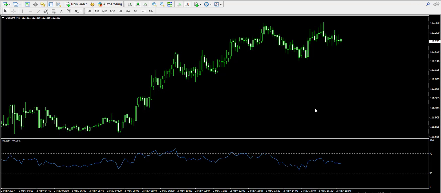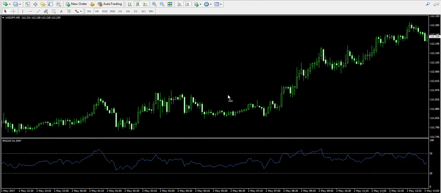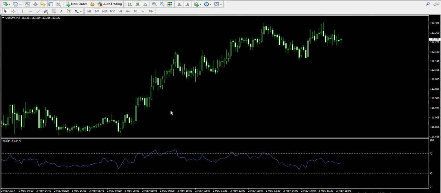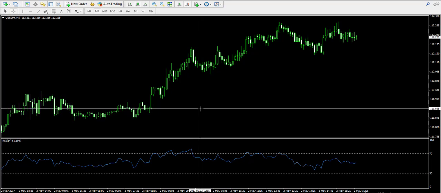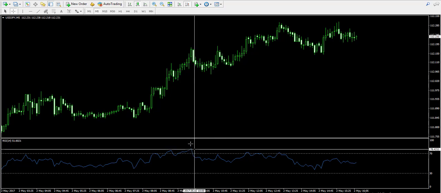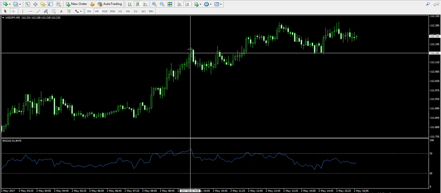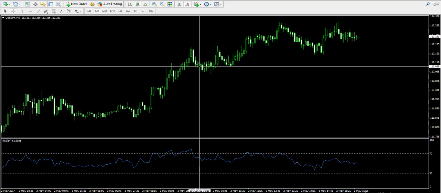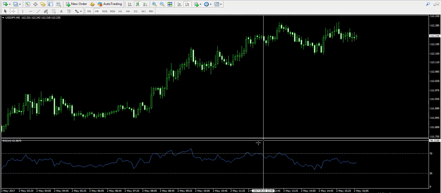So shortly, when the RSI line goes in the overbought zone, we have an overbought signal, meaning that the forex pair is probably overbought and it is very likely that the price decreases afterwards. So take a look at this top over here. Notice that it responds: the price goes in the overbought zone, and we see a slight decrease on the chart. Then again,